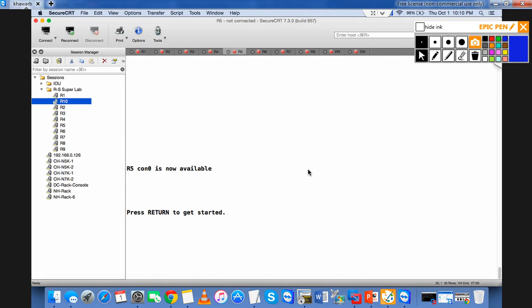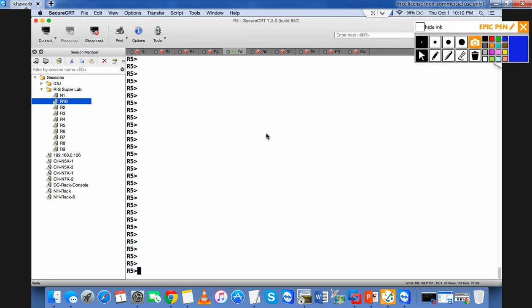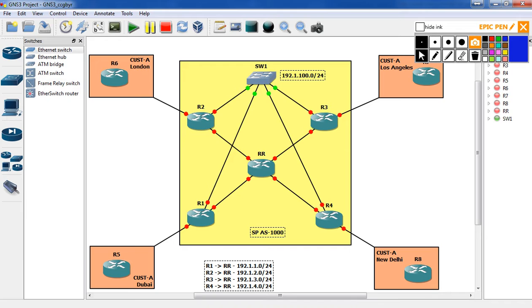Alright guys, welcome back. Our objective right now is to integrate DMVPN with MPLS VPN. Just like we had done earlier on, this is based on the same topology. I have my service provider in the middle, the yellow one, and then I have a customer which has four different locations: Dubai, London, Los Angeles, and New Delhi, which are connected to each other over the service provider MPLS